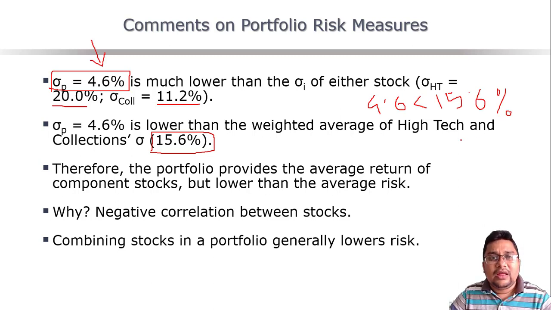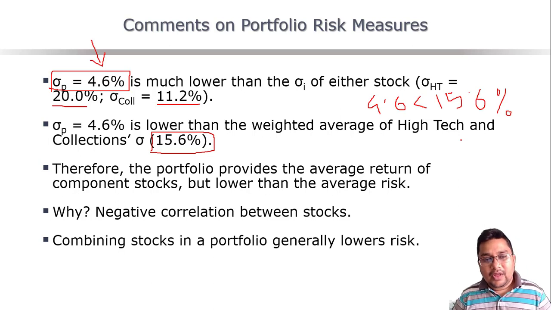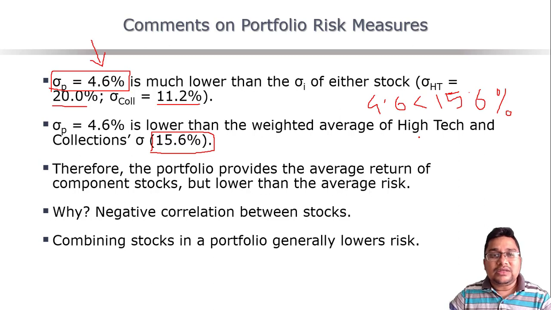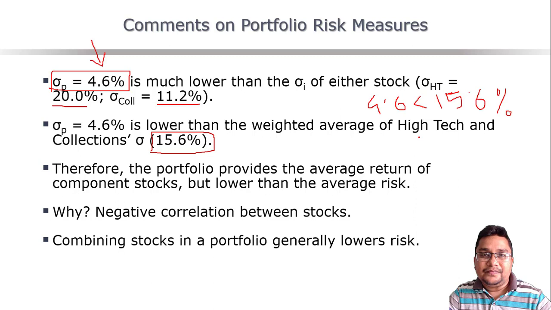This is very interesting. What does that mean? It means that if you invest in the first security at one point of time, and invest in the second security at another time, and you think about the two risks separately, the total will be more than the risk when you invest in these two securities together as a portfolio.